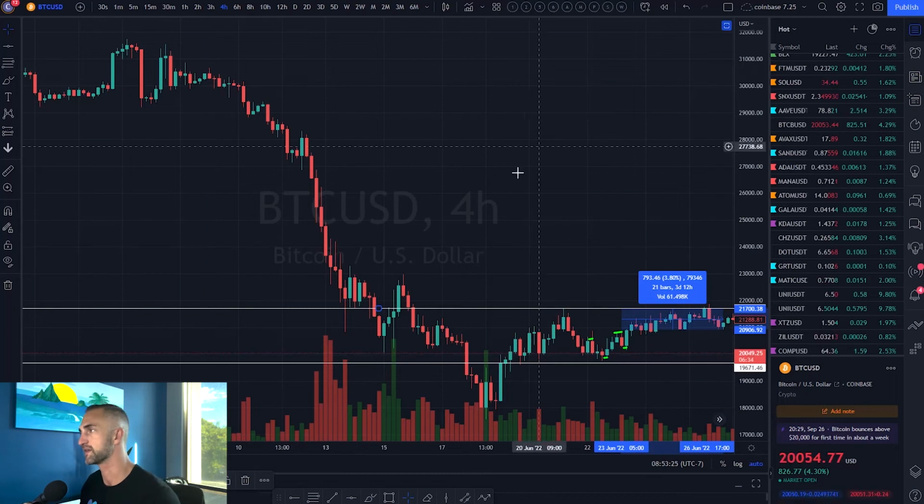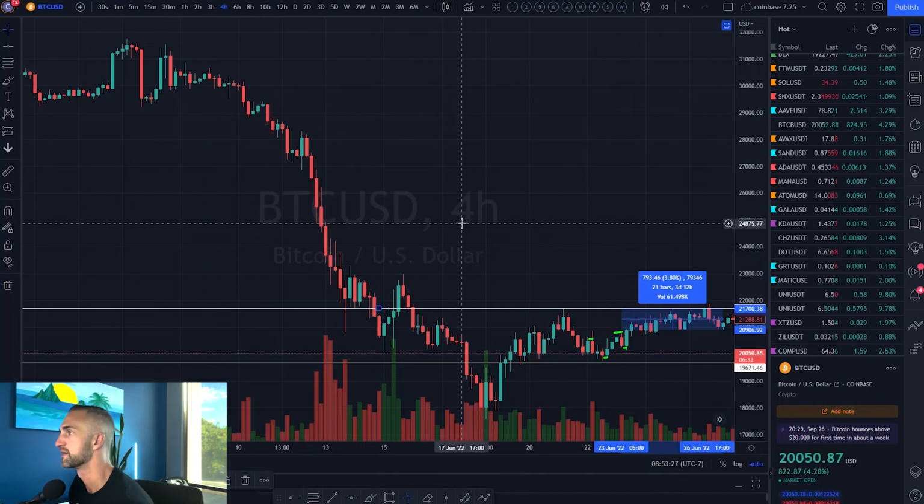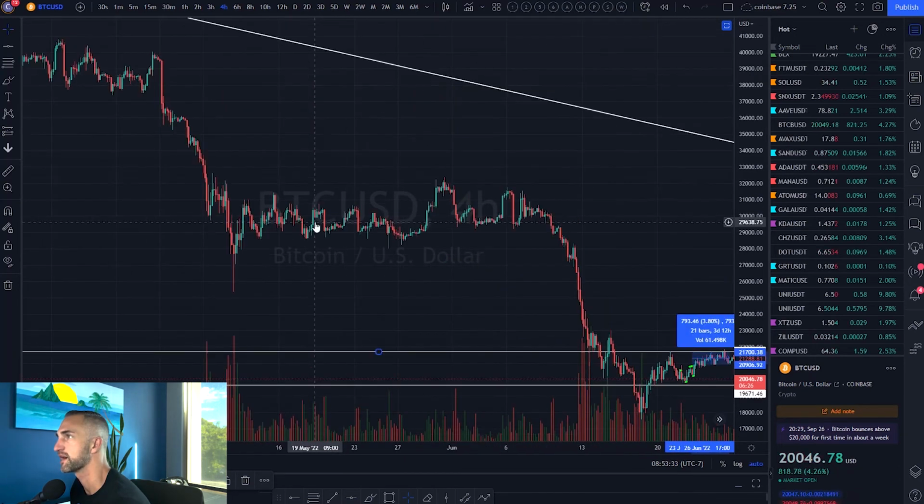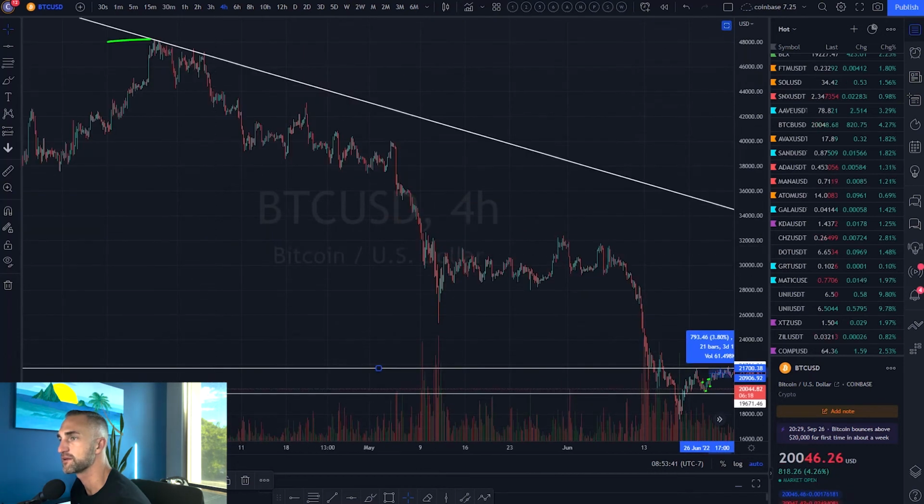Okay, so I think that's enough examples of how to enter into a trend trade on some of the different time frames based off of candle body closures. The next example I want to give is